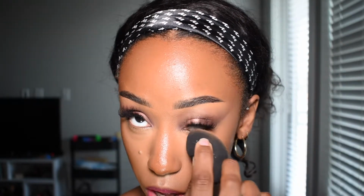Just like that. I am going to set my under eyes with this powder from ABH. I've been complaining about this for a while, but I still cannot believe that my whole jar of Laura Mercier loose translucent setting powder is gone. Ugh. And I don't mind the ABH powder. I actually like to use it on my clients because it sets really well. But for me,